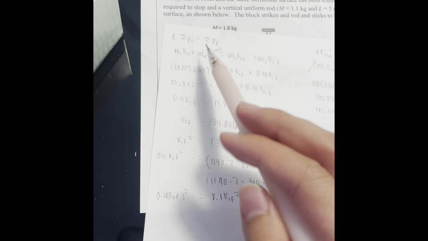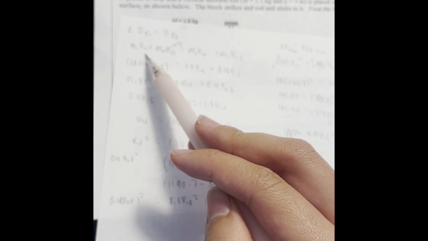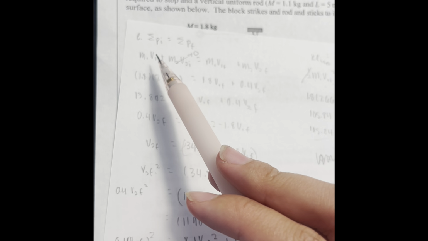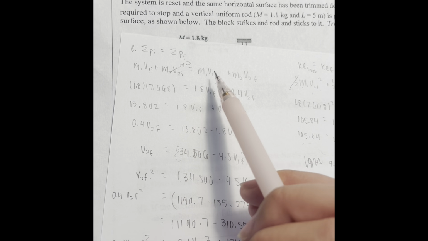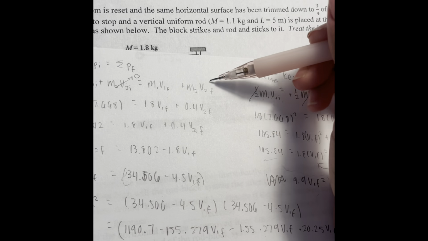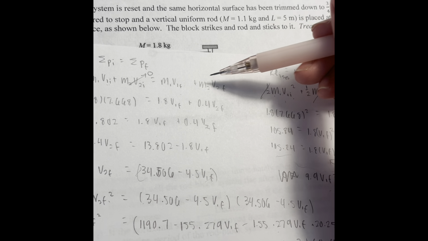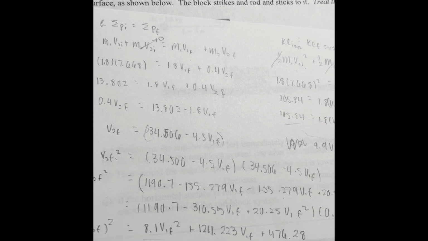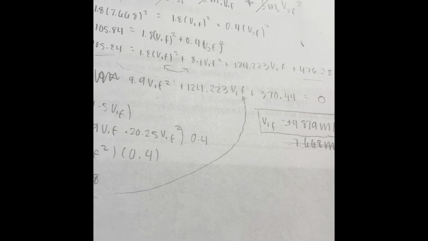And according to the conservation of momentum, there's no way my initial velocity could equal the final velocity of the ball if there's also another block that's moving. So yeah, v1f, the final velocity of the ball, is positive